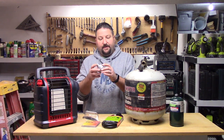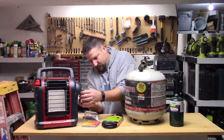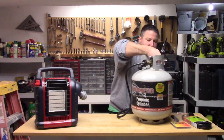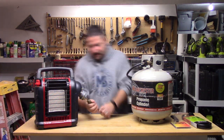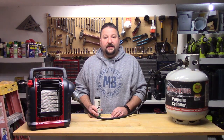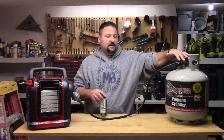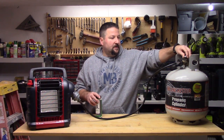has a male thread, female thread. It will thread into the regulator. Then we'll take a 20 pound tank. It has one of those hoses hooked up to it. And this is a very important step. Leak detector. So what I'm doing is I check the connections here, put a little of this on there. If there's a leak, when I open this up,